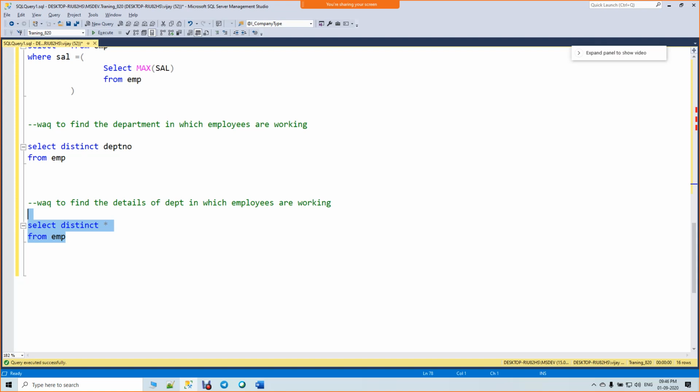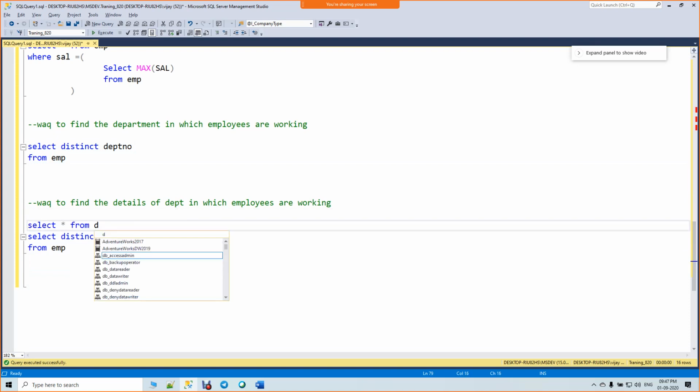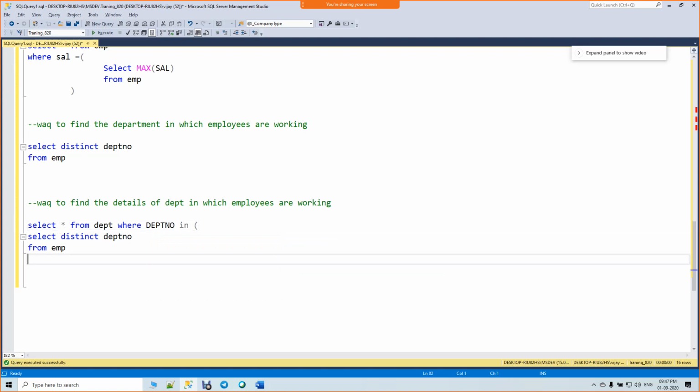Able to do it? As simple as that. First, you copy the first query and just select star from the department table where department number in this one.